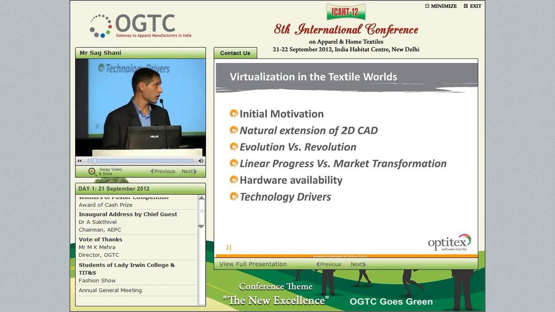And originally it was what we call a natural extension of the 2D CAD. So it was simply another module within the PDS environment, the pattern design system environment. Just another place where you can open another window and visualize what you do in 2D, just do it in 3D. Apparently what happened is that this small module or extension became something that revolutionized the work process